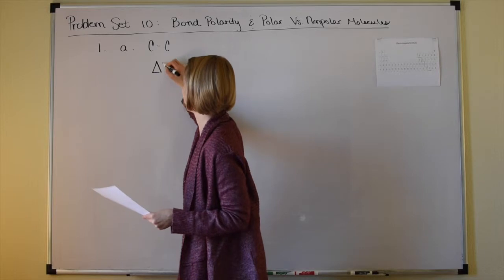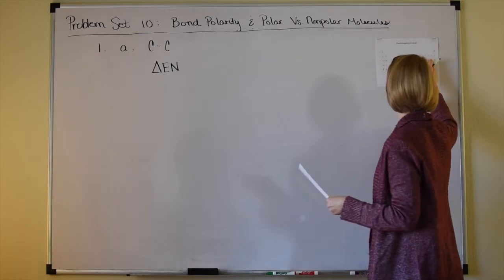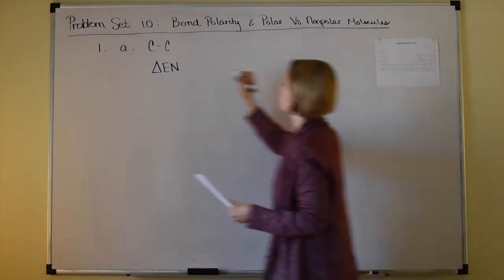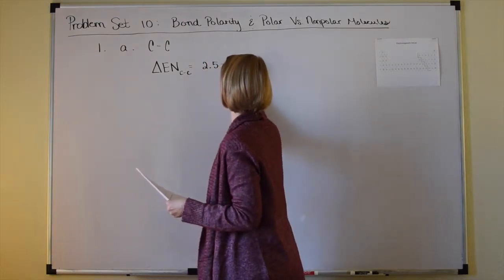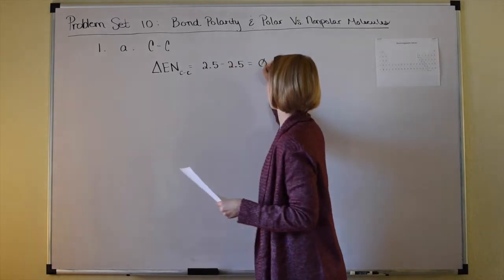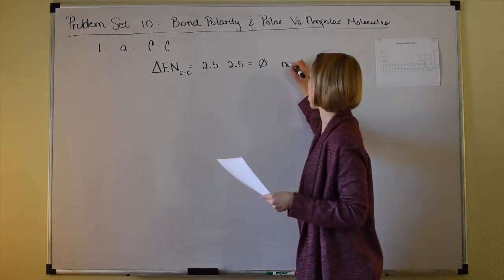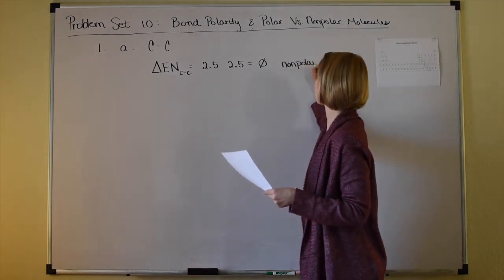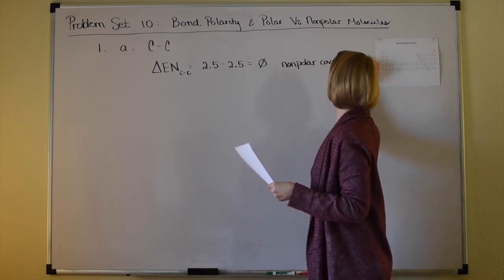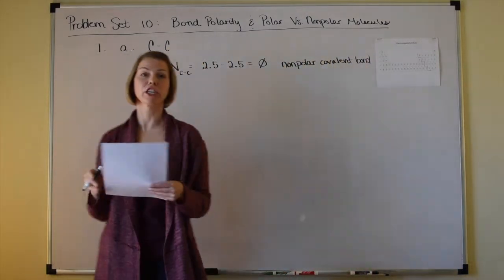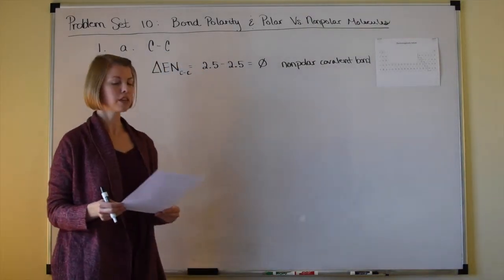Even if you remember that, it's still good practice to go ahead and look at the chart, look up the electronegativity value for carbon. It's 2.5, so this is for a carbon-carbon bond. So 2.5 minus 2.5, the delta EN is 0. And when the delta EN is anywhere below 0.5, we're talking about a nonpolar bond, nonpolar covalent bond. So that means that the electron density here is being shared evenly, and we don't have any partial positive or partial negative charge buildup. So let's go on to B,